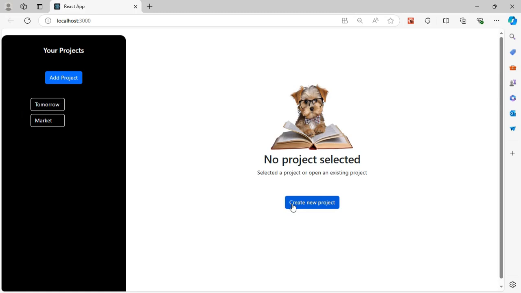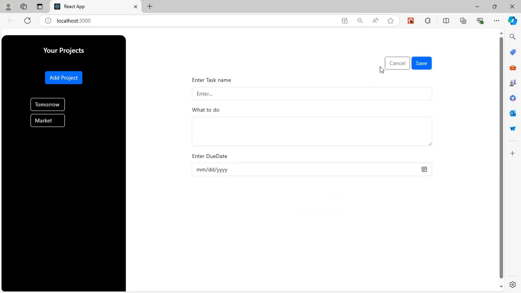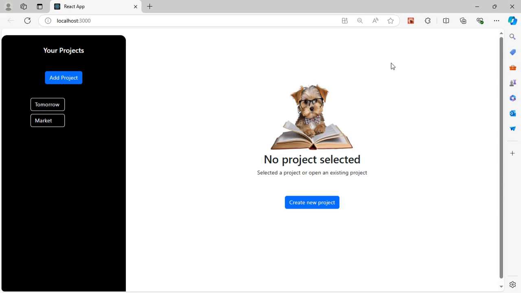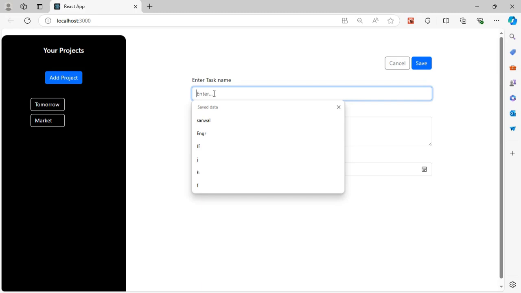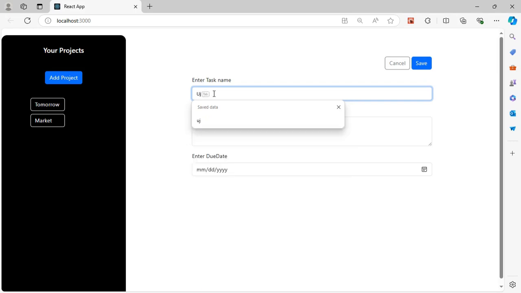So here if I create a new project and click on cancel, that we are not going to create that task, we have cancelled it, we are moved back. And now if I click on that add project, we also move again to our new task, and here I am going to type anything, that